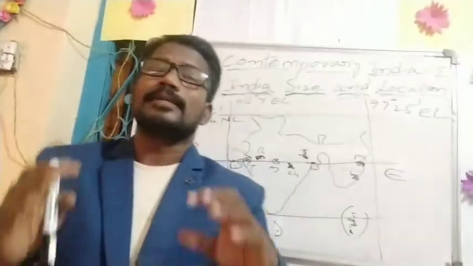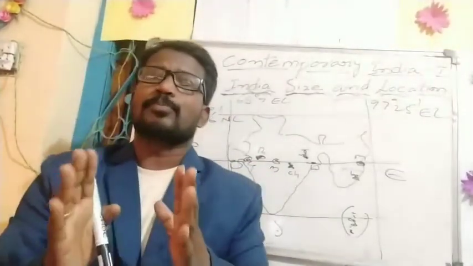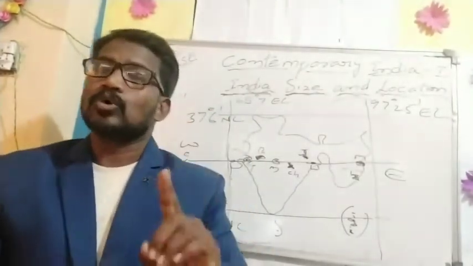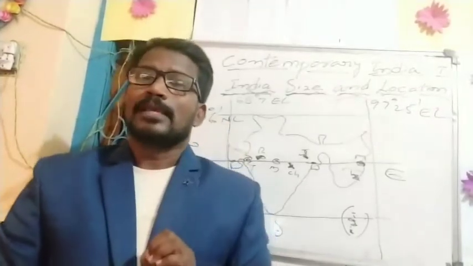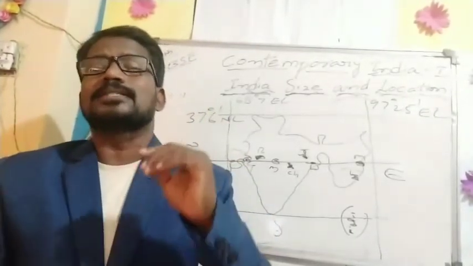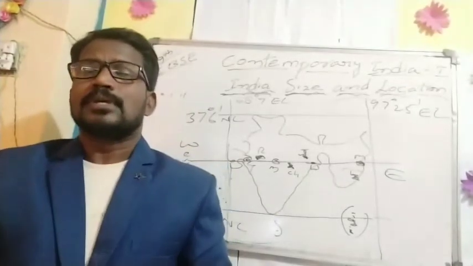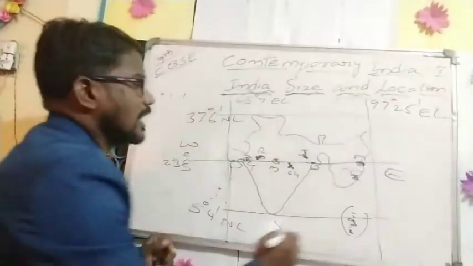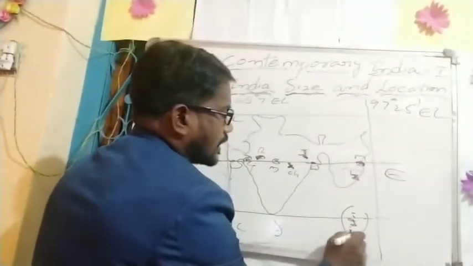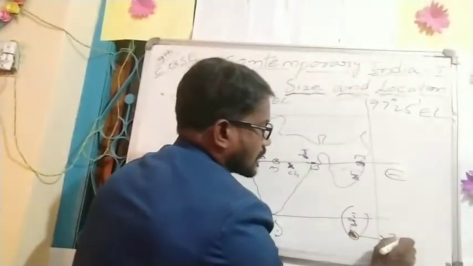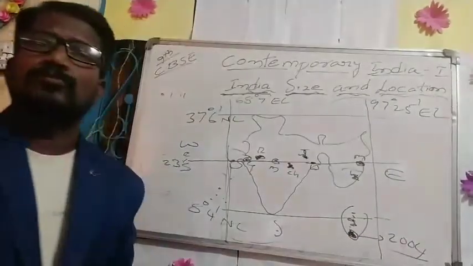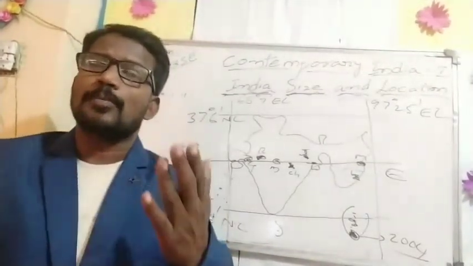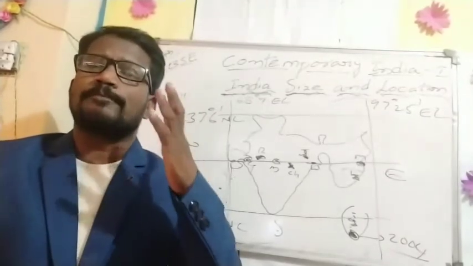Okay, so here we have to remember one important point, which is called Indira Point. Indira Point, okay, the southernmost point of the Indian Union. But Indira Point was submerged under seawater in the 2004 tsunami. Okay, where is Indira Point? We have to identify it in the Andaman and Nicobar Islands, but it was submerged because of the 2004 tsunami. Do you understand?